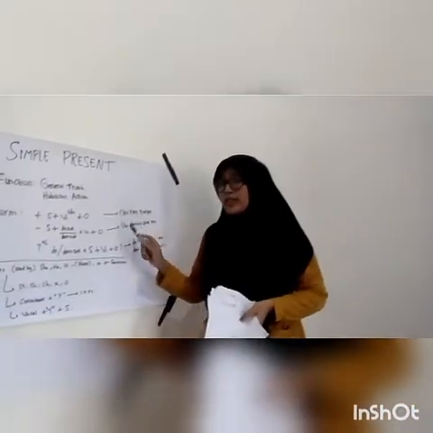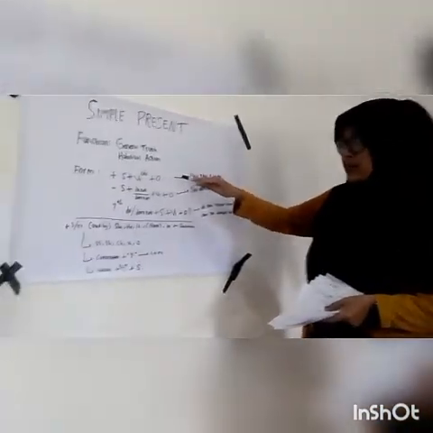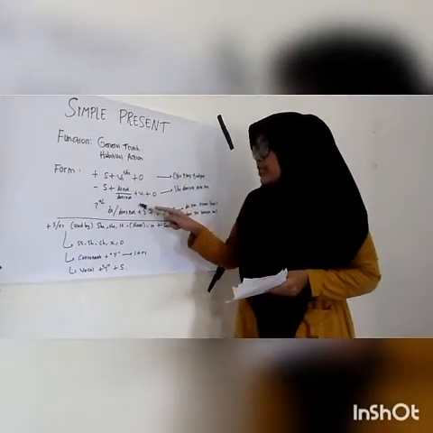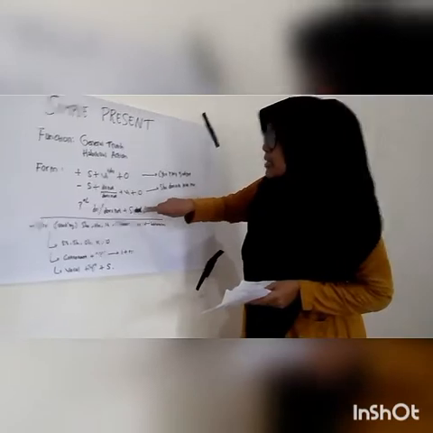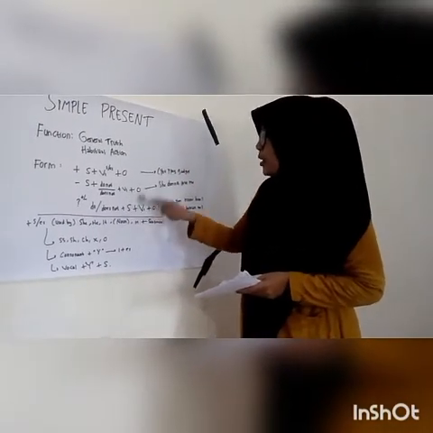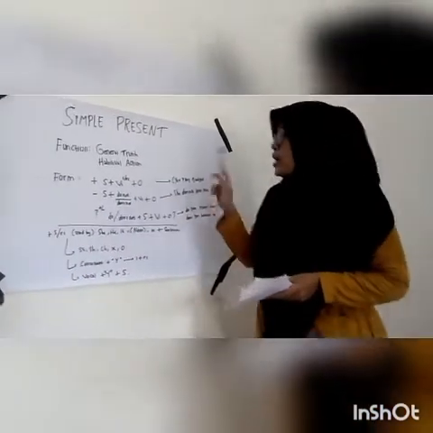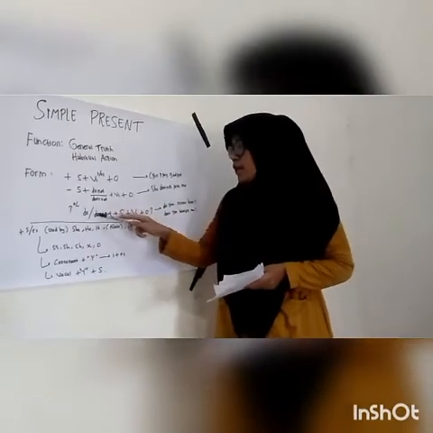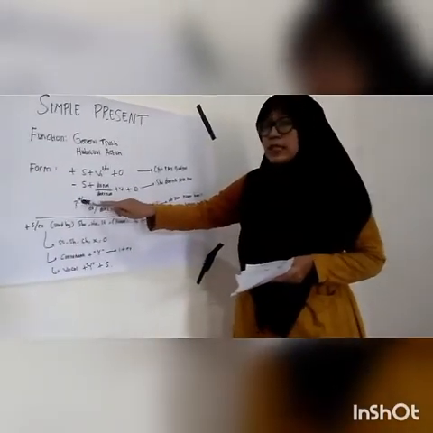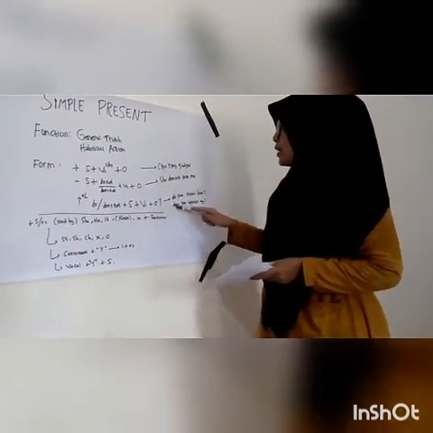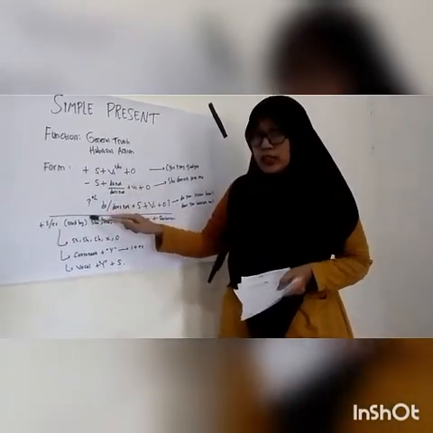Okay, so next I want to explain to you about interrogative sentences in the simple present tense. Does or do, or don't, you move in front of the subject plus verb 1 plus object. Don't forget about that. For example, do you know him? Do you is a positive sentence in interrogative form, but don't you is a negative sentence in interrogative form.